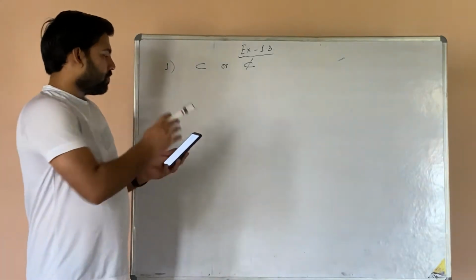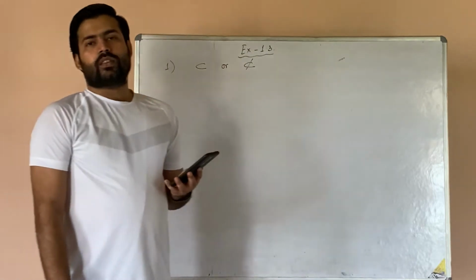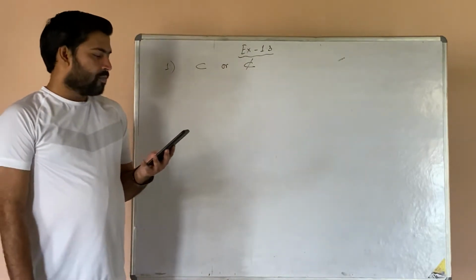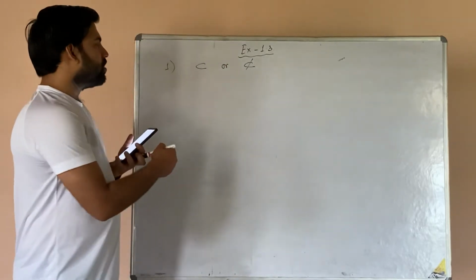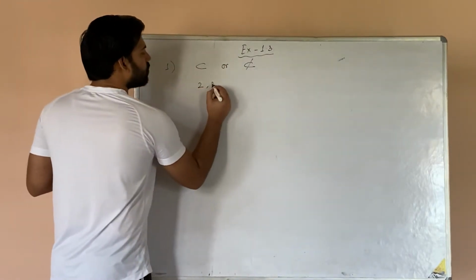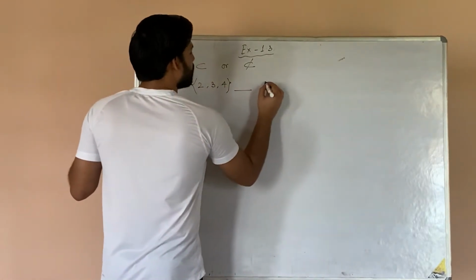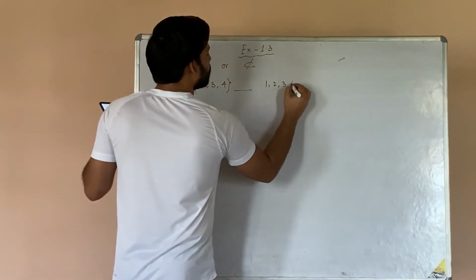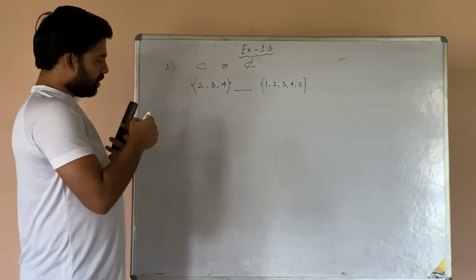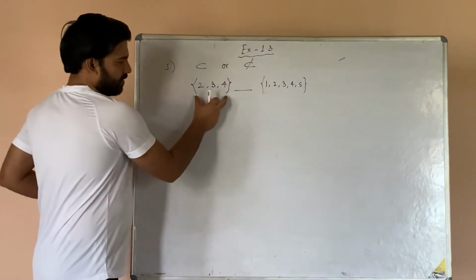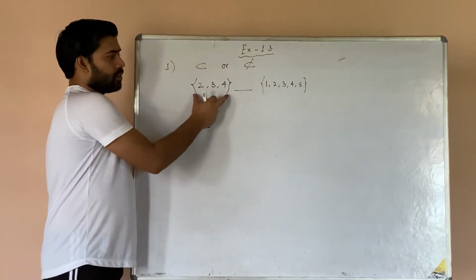So right now here we have belongs to and does not belong to. These are the two signs that we have, and you need to put them accordingly. Now in the first case you are being given {2, 3, 4} as a set, then {1, 2, 3, 4, 5}. Now this is basically what? {2, 3, 4} is a set. Now how can you say this is a set? It is comprised inside braces. So this is a set.